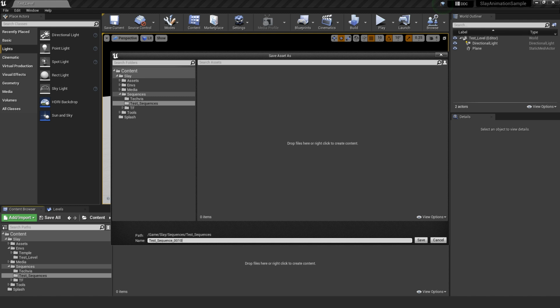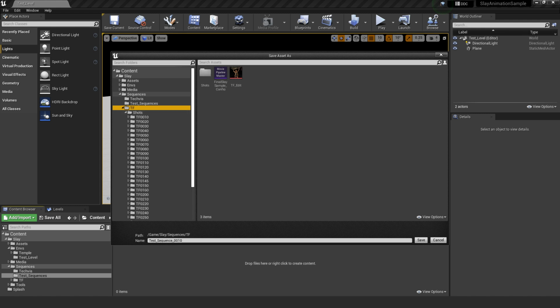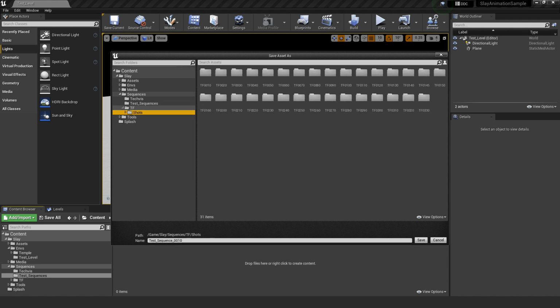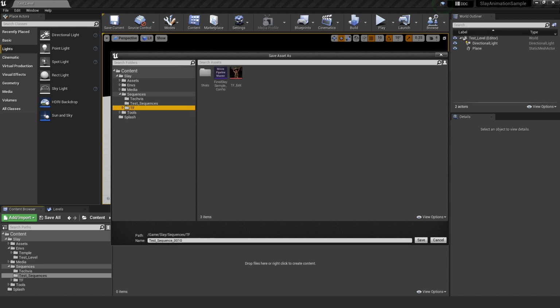Whenever you're making these sequences, for your purposes, if you're doing these in shots or however you have it, just always have a method to the madness, as I like to say. If you check inside of our TF edit over here, this is how we created our shots, where we have the name of the shot TF and then the vert and then what shot we're in. So we're either in 10, 20, 30, 40, so on and so forth, and it just goes down the line. I would recommend, when you're doing your own, to have a method to your own madness, as we're only going to be dealing with one shot in this.